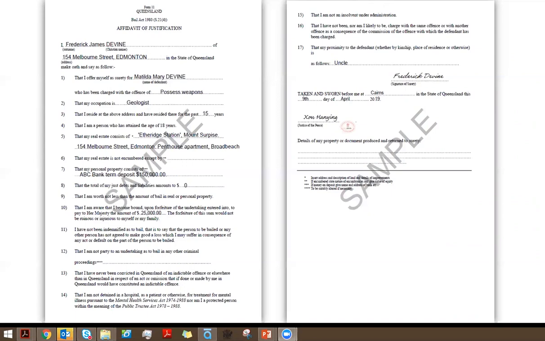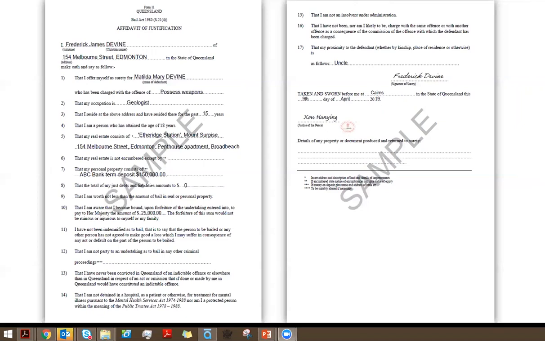You would need to cite evidence that Frederick James Devine does own that real estate, okay, because a person cannot provide any surety unless they own that property or that money. Again, Frederick has said he has a term deposit of $150,000 and you would want to see evidence of that term deposit.